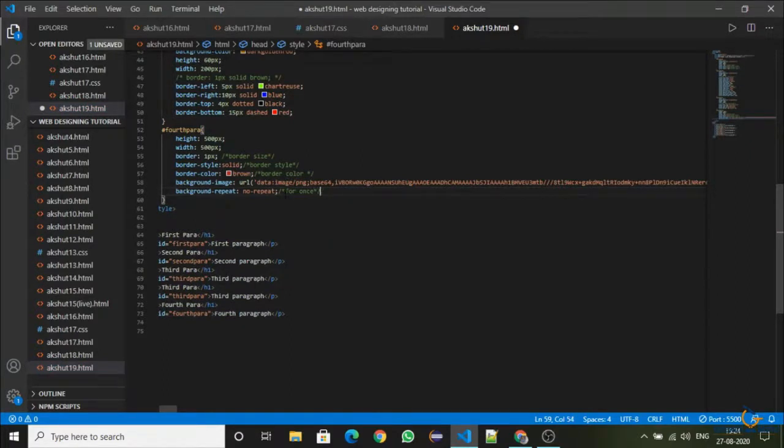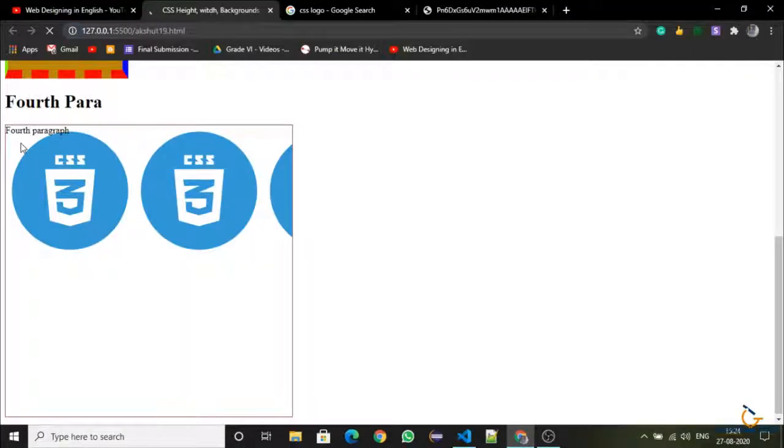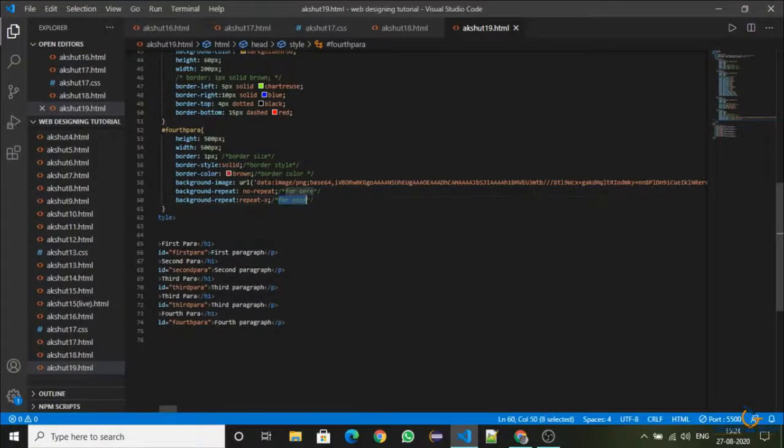I will duplicate this and write repeat-x, x dash. As you saw here, repeat-x. If you do repeat-x, then it will repeat in the x axis.